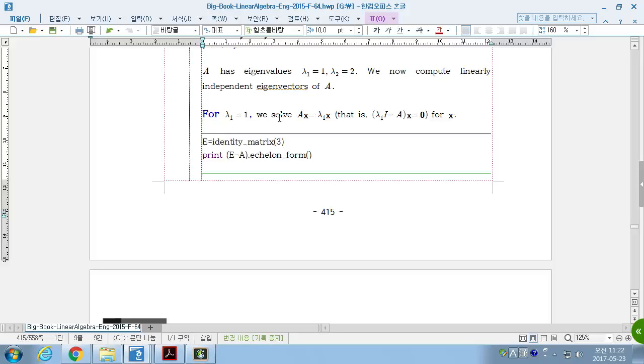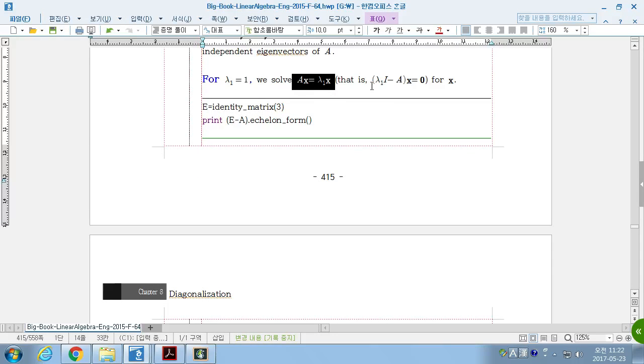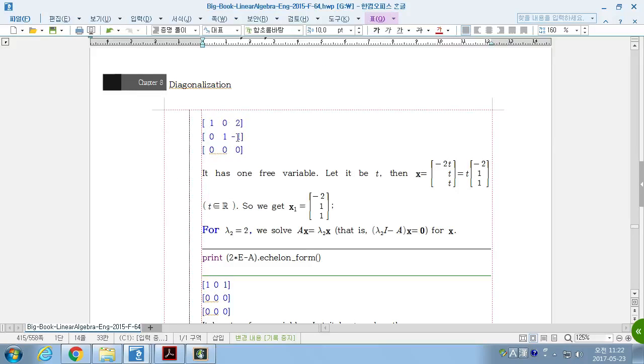For this λ1, what do you have to do? You have to find the linearly independent eigenvector. Actually, you have to find the basis for the eigenspace for λ1. Okay? You solve this, then you have a solution space, and so you can have a basis for that eigenspace, like say (2, -2, 1) here. Okay, so you found one linearly independent eigenvector, which is a basis for the eigenspace corresponding to λ1.